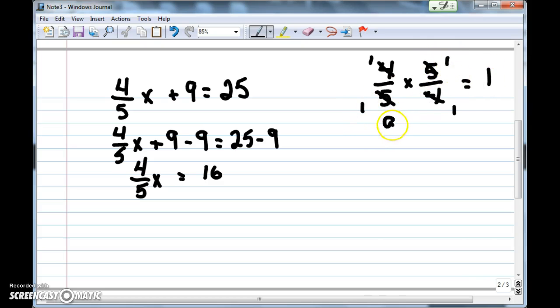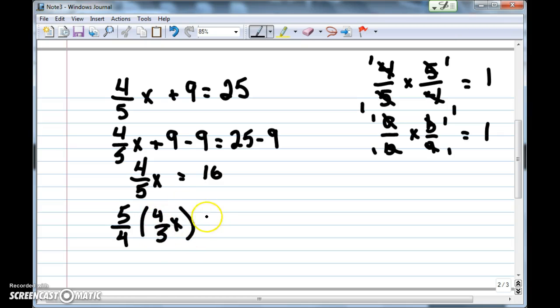In other words, a over b times b over a will always equal 1 when we simplify it. So if we take this side and we multiply by 5 over 4, or the reciprocal of 4/5,